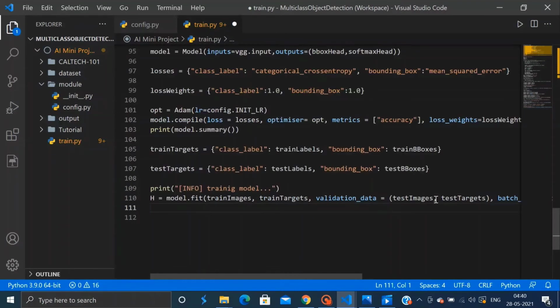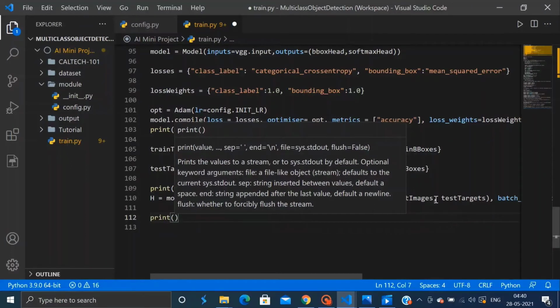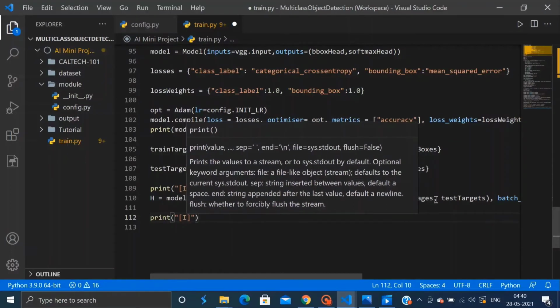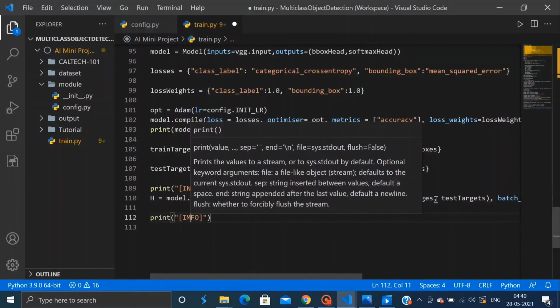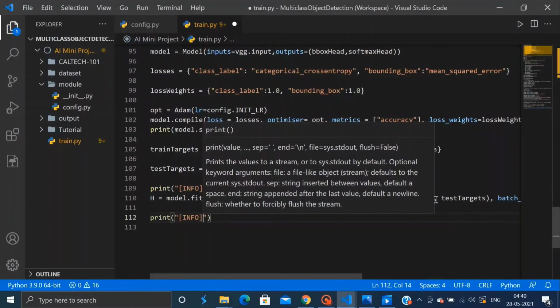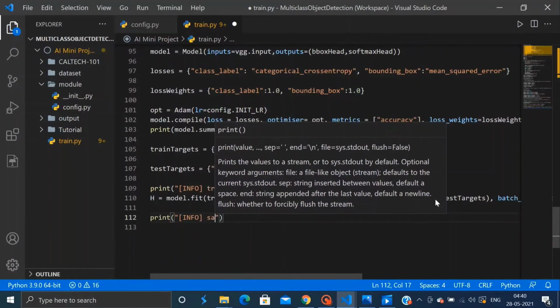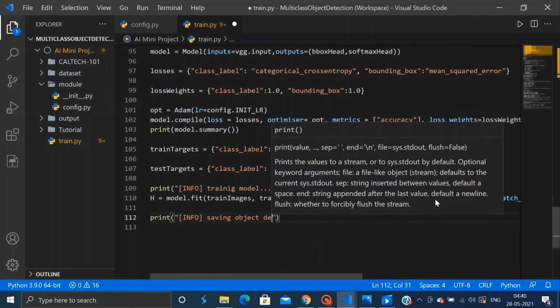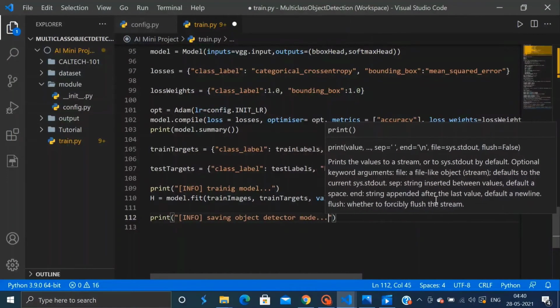Once the model is trained, we serialize the model to disk. So we basically save the object detector model. So let's print it out: Saving object detector model.